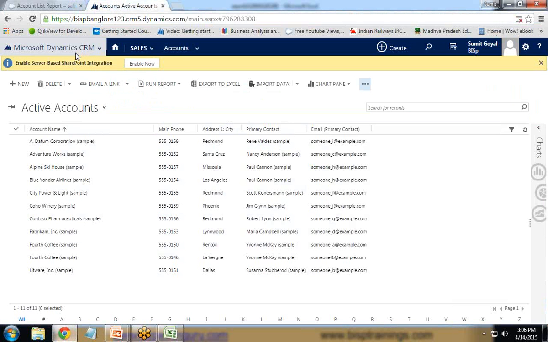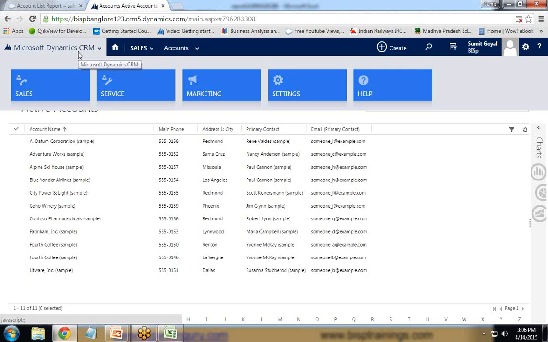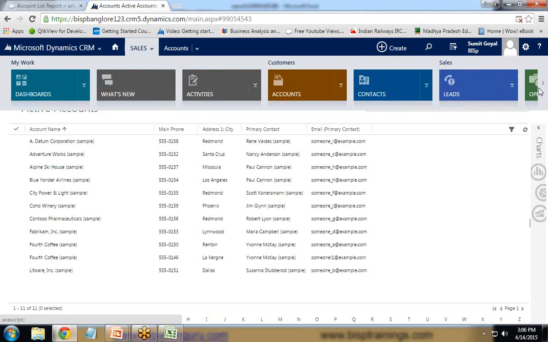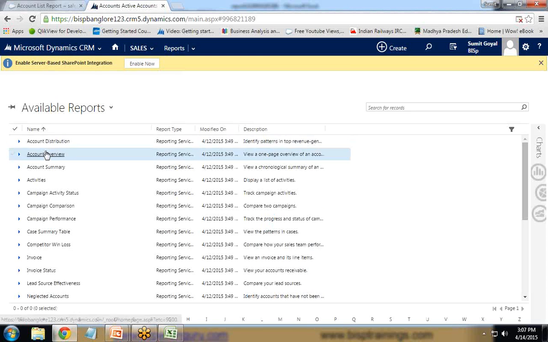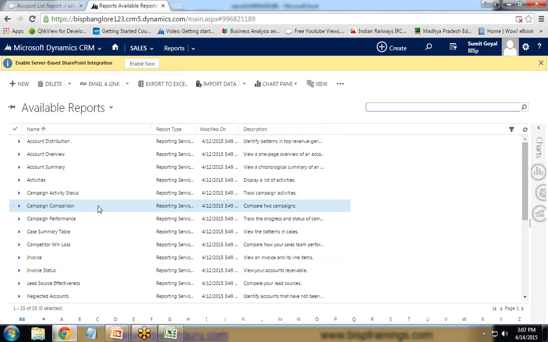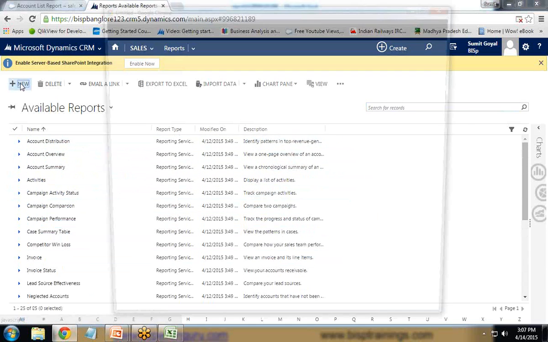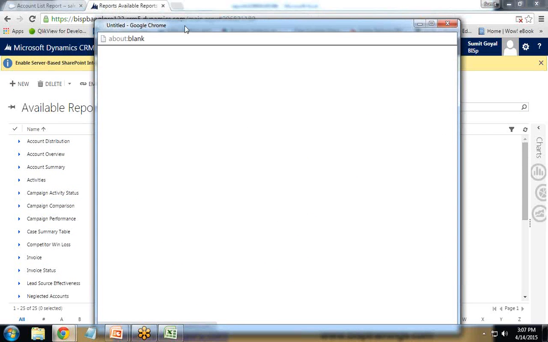If we switch to Dynamic CRM, how do we create a report in Dynamic CRM? So we have got sales, and in sales we have got the report entity. So we can click on report entity, and from here we can quickly create a report. There are predefined reports, so we can either customize them or we can create a new report as well. So to create a report,